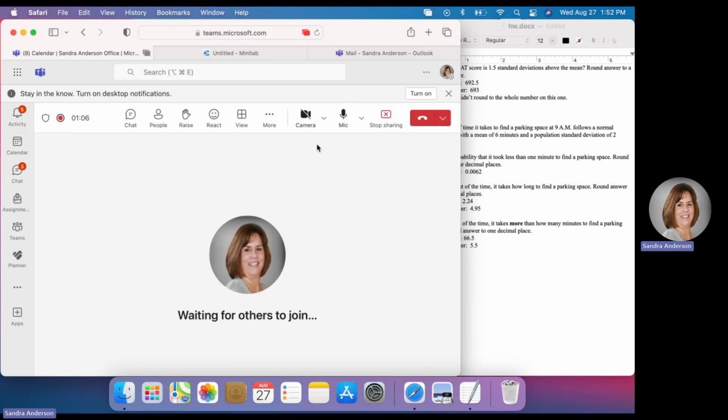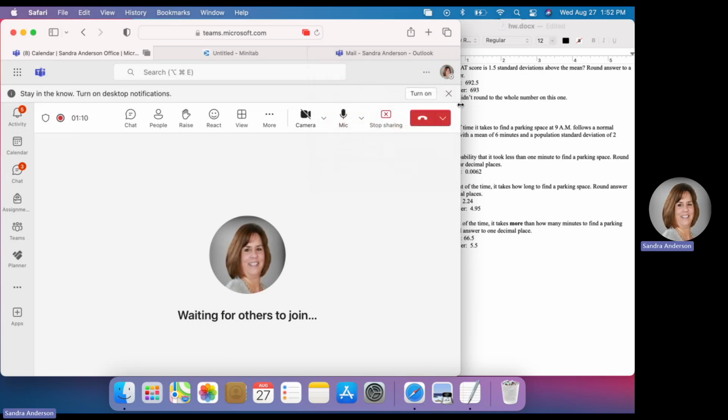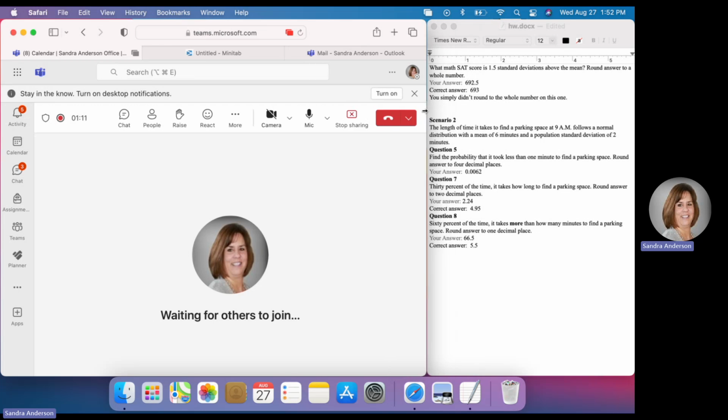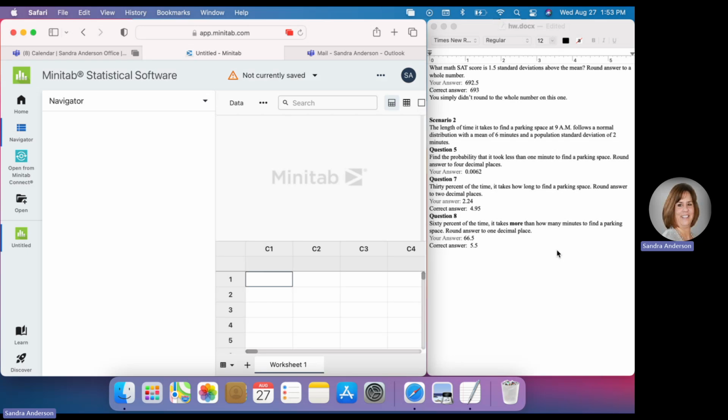Okay, so let's take a look at normal distribution and a few of the problems. First of all, I'm looking over here at a problem that we needed to look at, and basically it says what mass score is 1.5 standard deviations above the mean, round to a whole number. Make sure you round properly. Make sure you read it. It says to the whole number, so if the answer is